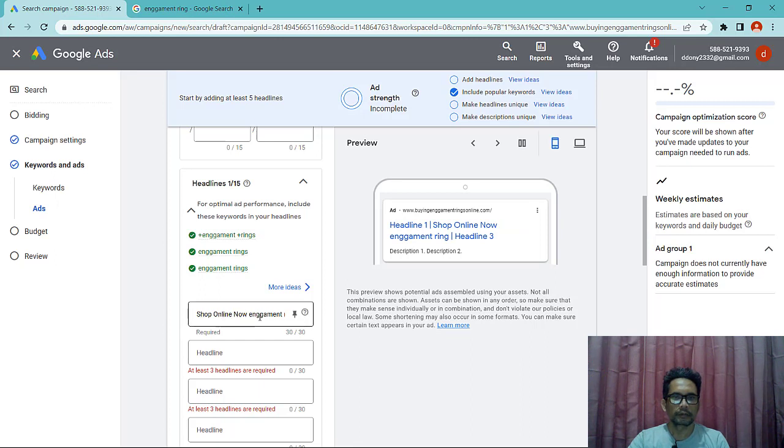Shop online now, engagement ring. You can see the more combinations the machine learning can generate.